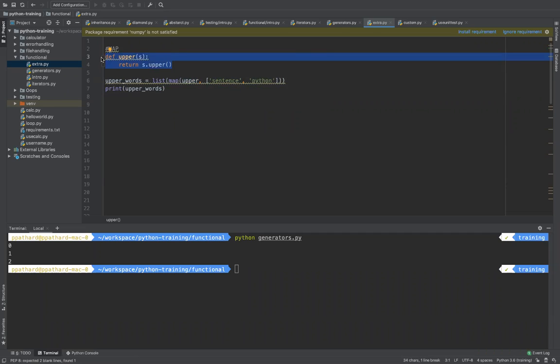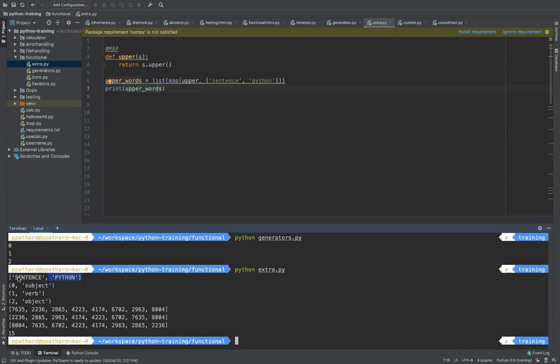For every element in an iterable, that is a list here, it takes that element, passes it to the function called upper, and whatever is returned, I'm converting it to a list, and it will give you an output of upper words. For example, if you observe the first output, it is giving you the capitals of sentence and Python.